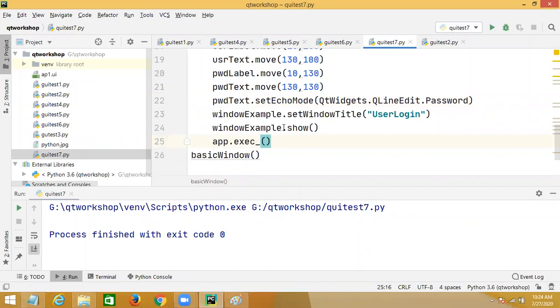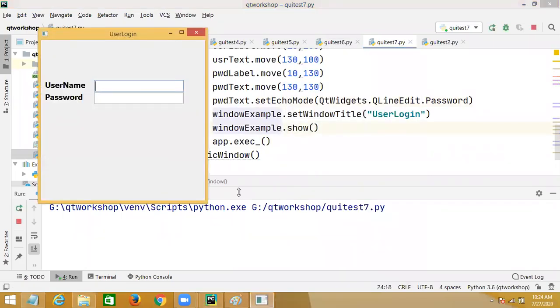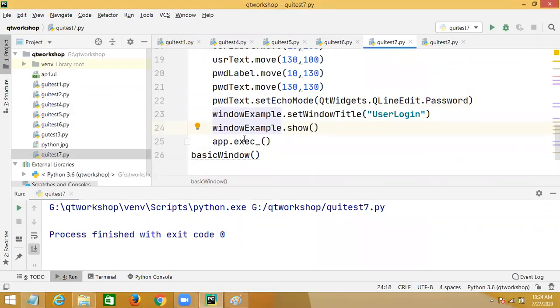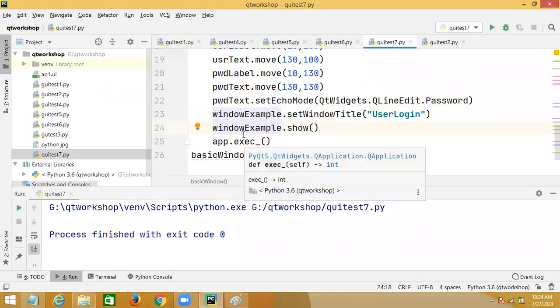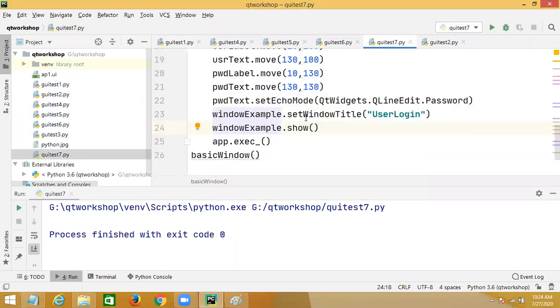So application dot execute. So it is in the loop. Until you click on the close button, the application is not closed. I already said, but again they are asking what to do.